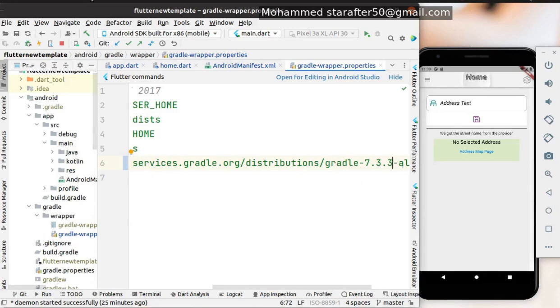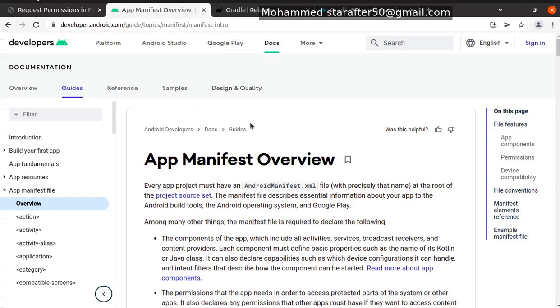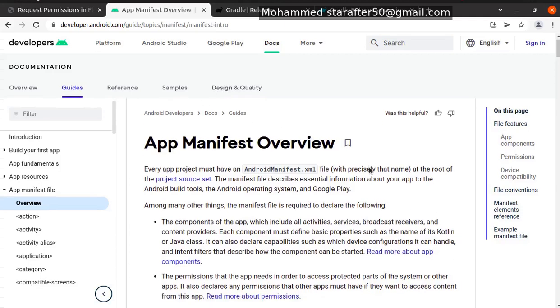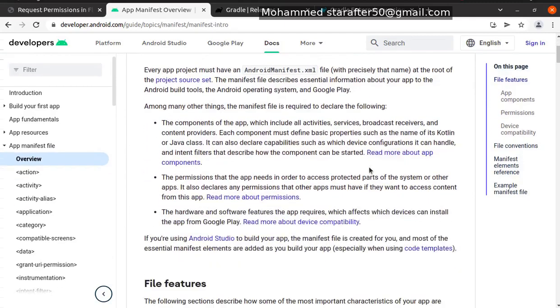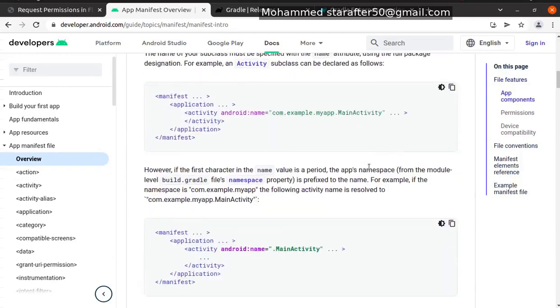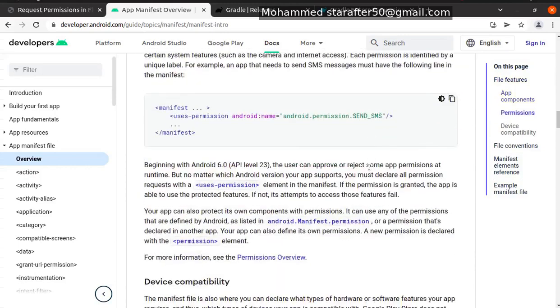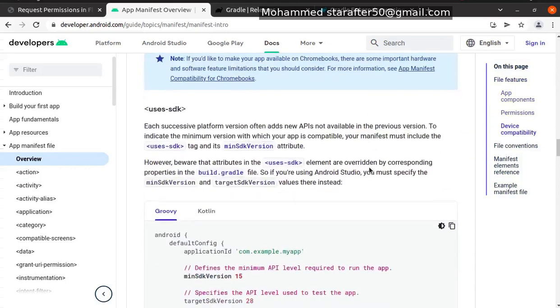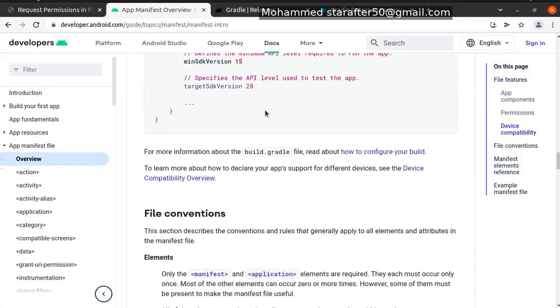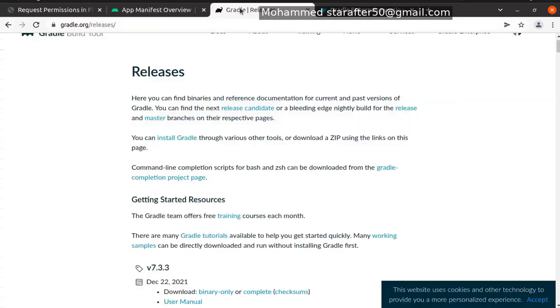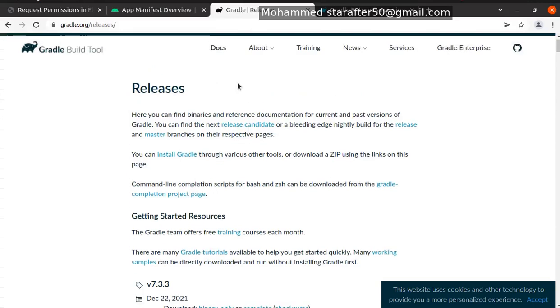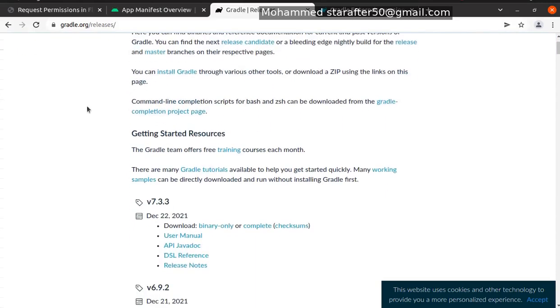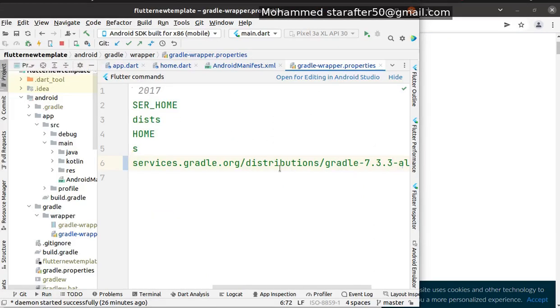By the way, about the manifest, you could get all the queries types in this Google article. All these queries, you can find them one after the other, and what each one can do and what it is used for. So these are all the manifest details. Now, the Gradle version is a very important thing. Whenever you set up your application, you need to set up the latest version of the Gradle. Gradle controls everything in your application, and the latest version also gives you a higher security